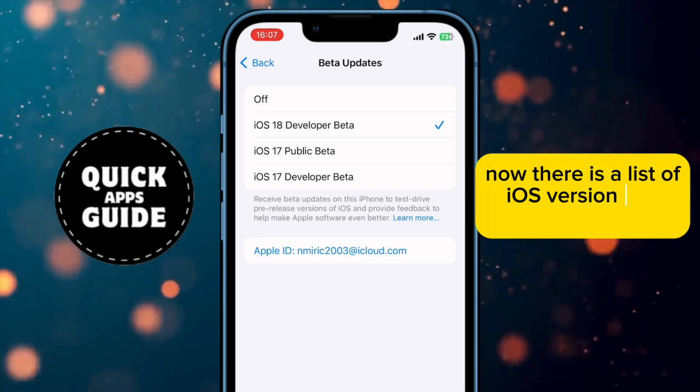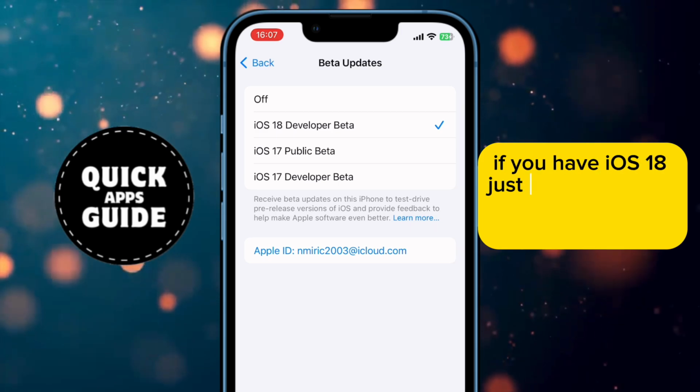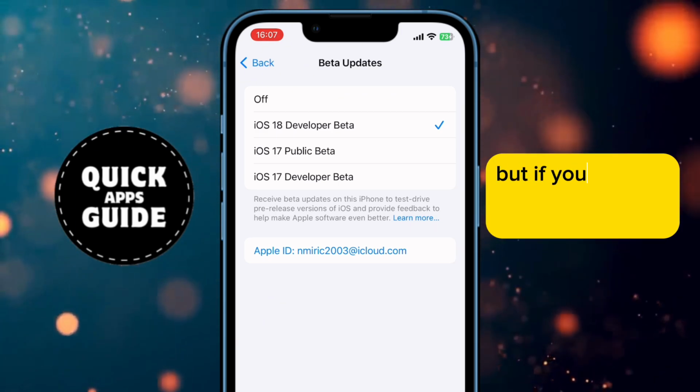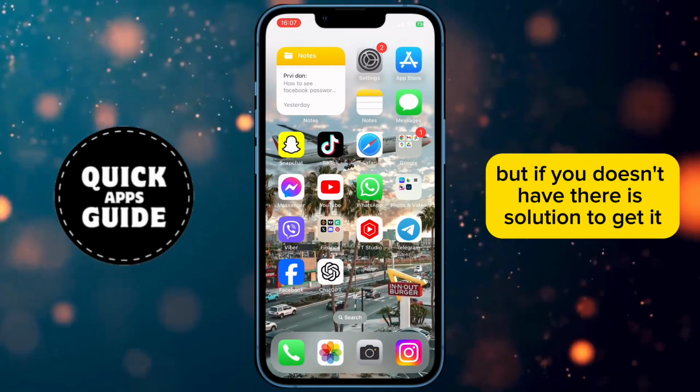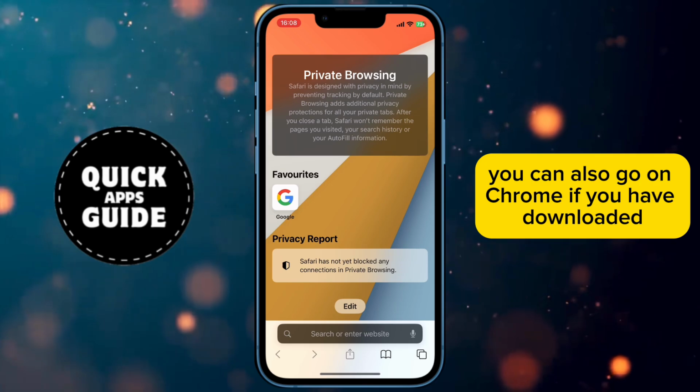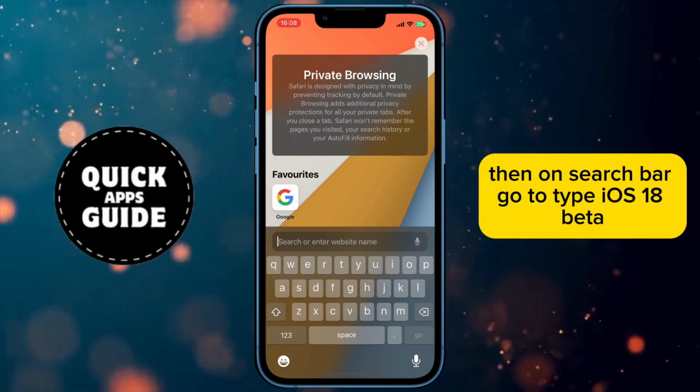Now there is a list of iOS versions you have. If you have iOS 18, just simply click on it and go download it. But if you don't have it, there is a solution to get it. Go on your Safari web browser. You can also go on Chrome if you have downloaded it. Then on the search bar, type iOS 18 beta